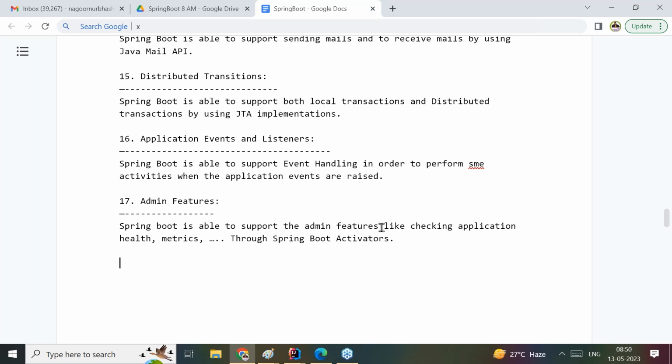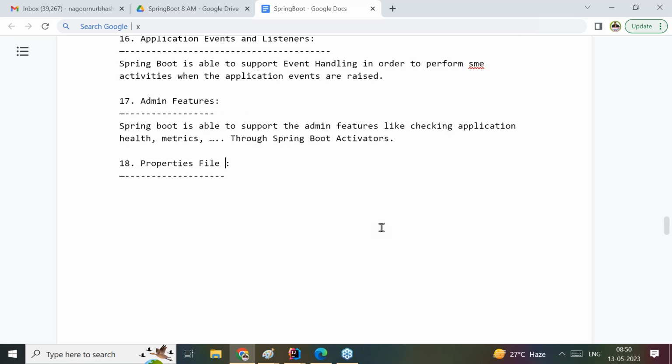Then apart from this, the next one is properties files. This is a main component inside Spring Boot. Properties files as well as YAML files. Spring Boot is able to support properties files or YAML files